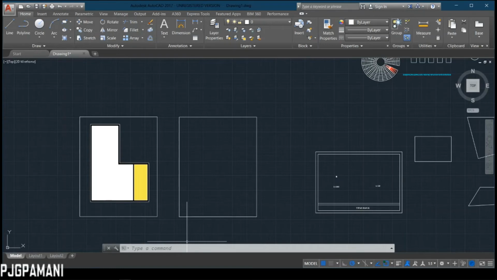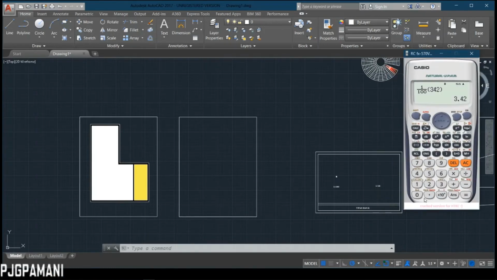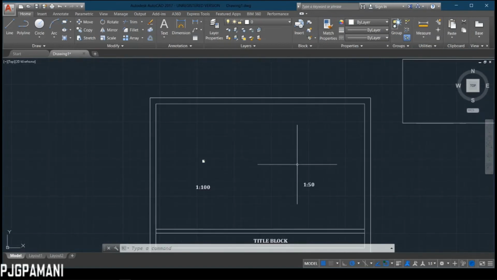Now, how about the scale of 1:50? So, from 1:50, our base is 266. New base is equal now to 5.32. 1:50 from 342 is equal now to 6.84. So parang times 2 lang no kanina. 2.66 times 2, 6.84 by 5.32. So I'll create a rectangle